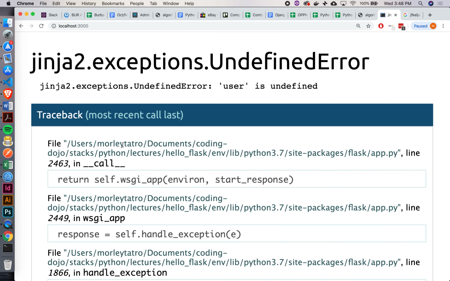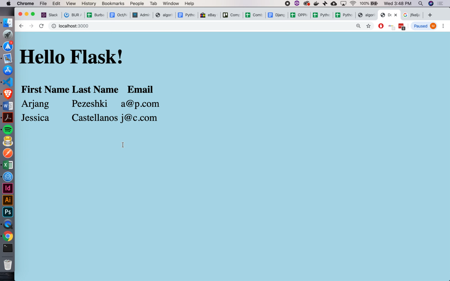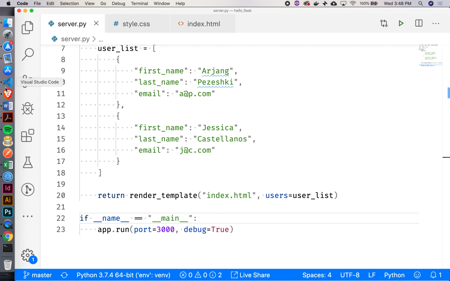So let's try that again. Okay, so now we're getting what we expect, right? We've got first name, last name, email. Cool. Now another thing I can do using this Jinja templating is conditionals. What if I only want to display an email address if it happens to be a@p.com? That's pretty trivial and you probably would never do that, but we could do it by asking a conditional. So if we go into our template here,